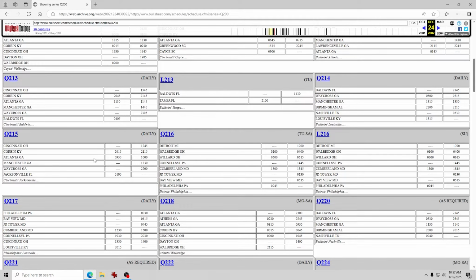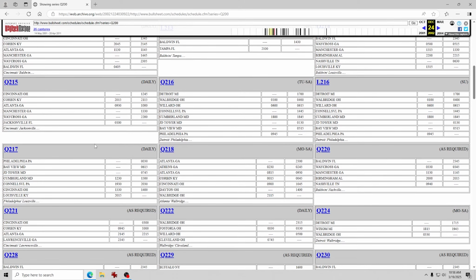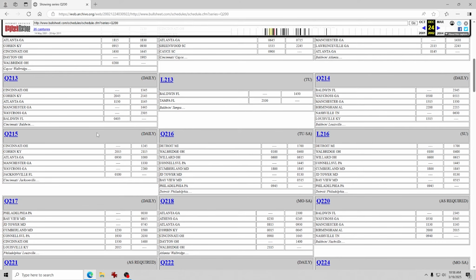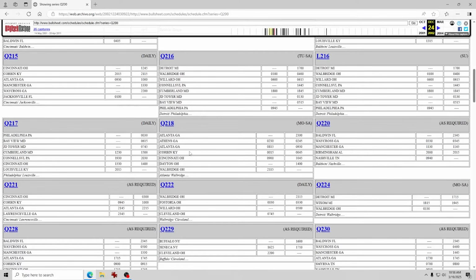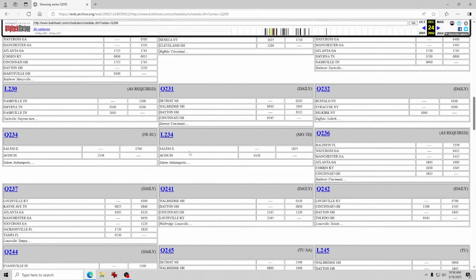Like I said, take that with a grain of salt, though. Some days it may be behind. Sometimes it could even be a little early. So it just depends on how the railroad's moving that day. What else we got here? Here's a good one. Q214 Baldwin to Louisville. What else we got? There's going to be a Q245